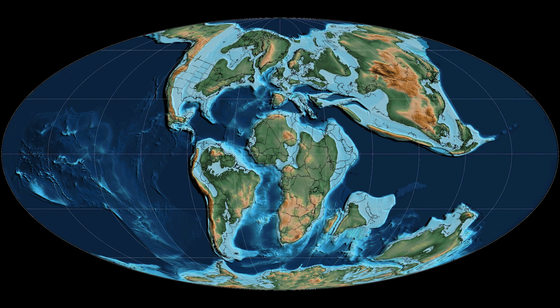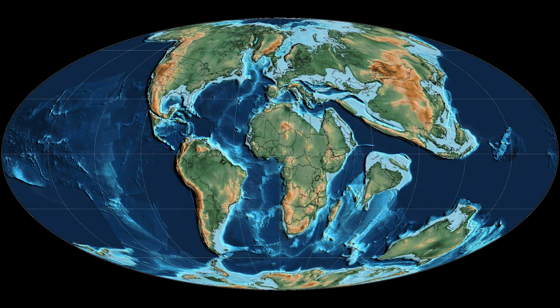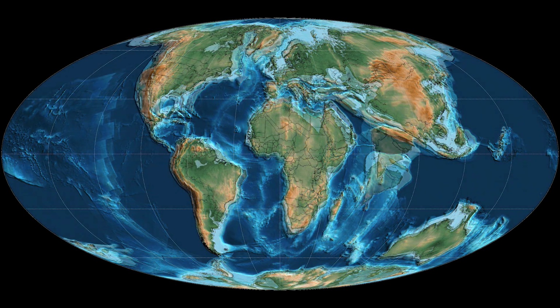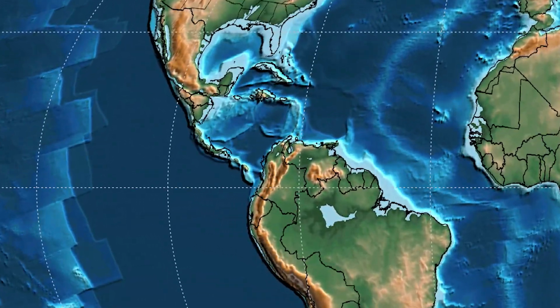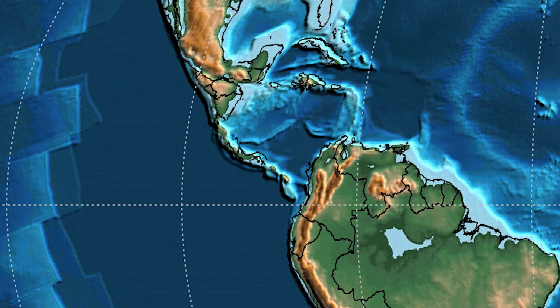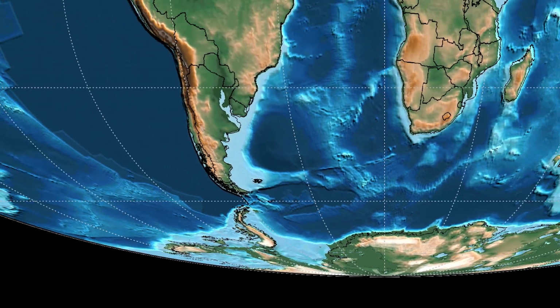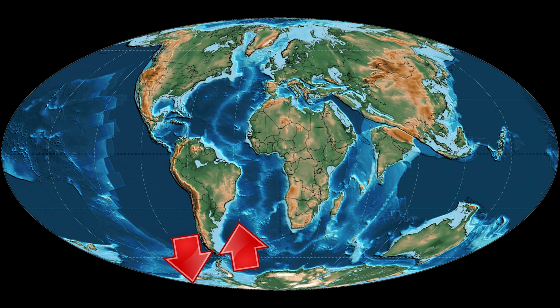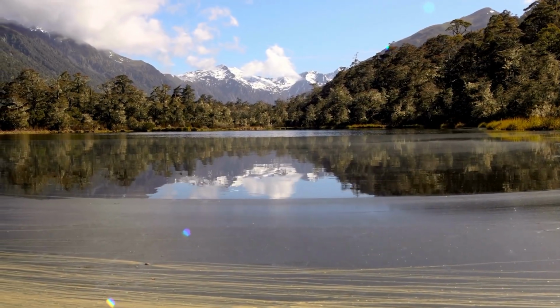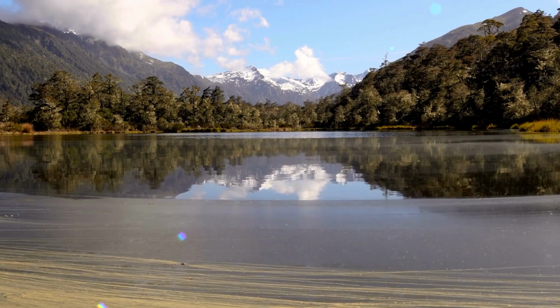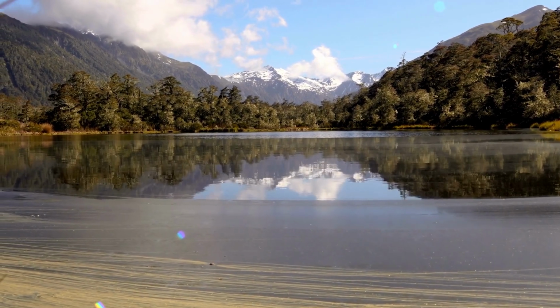Africa and India both moved north and quickly, geographically speaking, became part of the northern biosphere. The Isthmus of Panama between North and South America hadn't formed yet, and South America was connected to, or at least was close enough to, Antarctica. So animals could easily migrate between the two. Antarctica might be a frigid wasteland today, but like I mentioned, back then the climate was much warmer, so Antarctica was home to all sorts of plants and animals. Australia was also connected with Antarctica at that time, so South America, Antarctica, and Australia were all connected together.